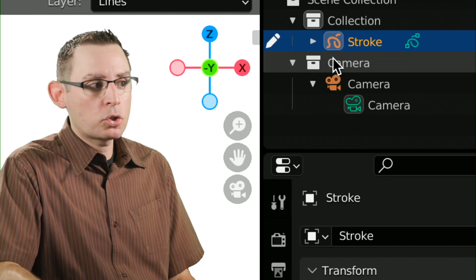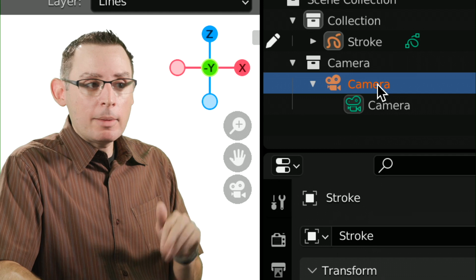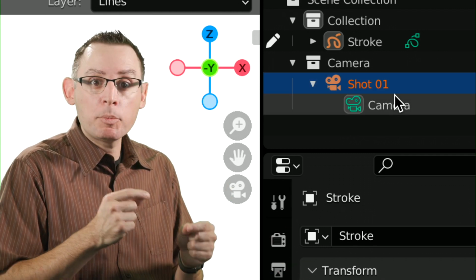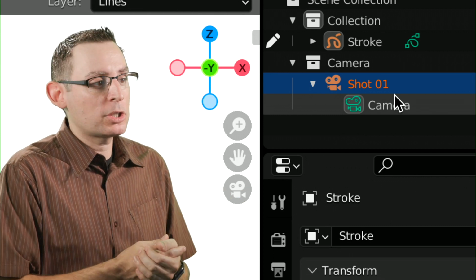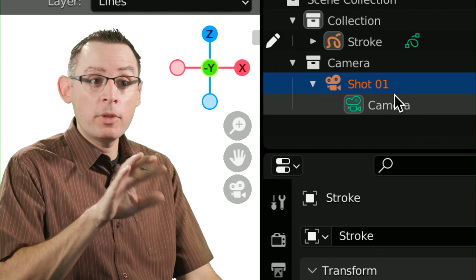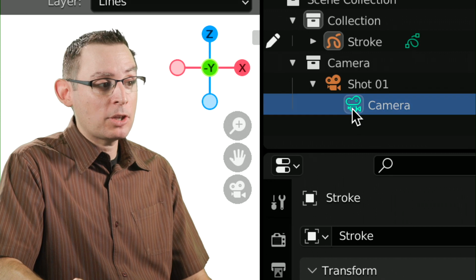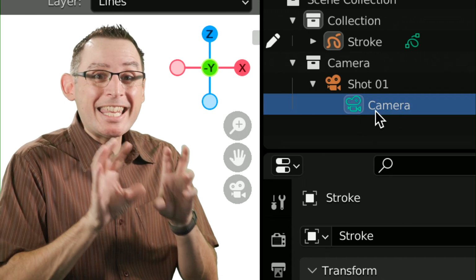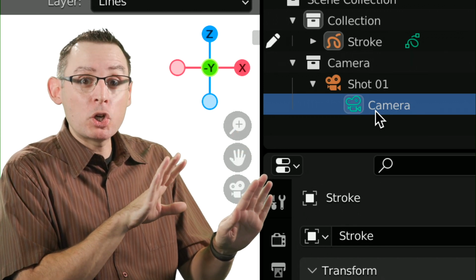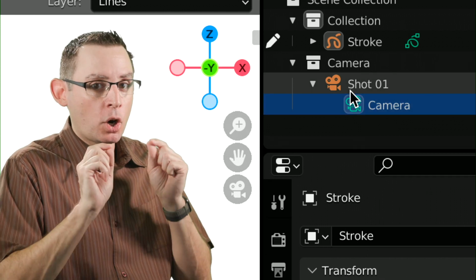We have an object here called stroke. We have another orange one here called camera. These are objects, okay? We can name these objects anything we want. I'm gonna call this one shot 01, for example, but naming the object doesn't determine their function inside the larger scene file. It's just a name. The contents of the object determine how this object is going to be used. With the camera object selected, you can see that we actually have a camera component, and this is the physical chunk of data that's going to determine how our image is going to be rendered at the conclusion of our animation. So the contents of the object are what's important.